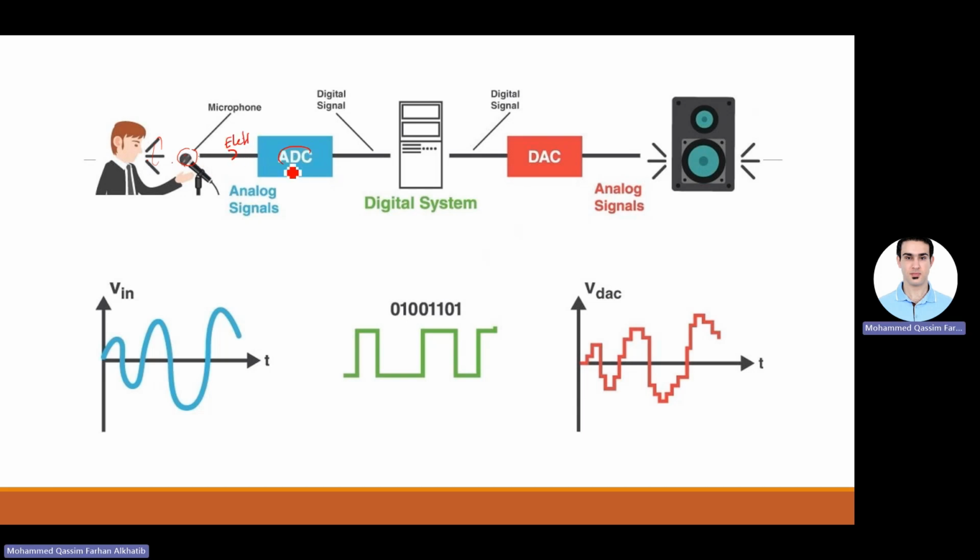Then we have a device called an analog to digital converter, ADC. That device basically changes analog signals into a digital form through the process of sampling. We've done sampling before. Once we have sampling, we do quantization, giving these samples a certain quantity. Then these values will be processed through the digital system,